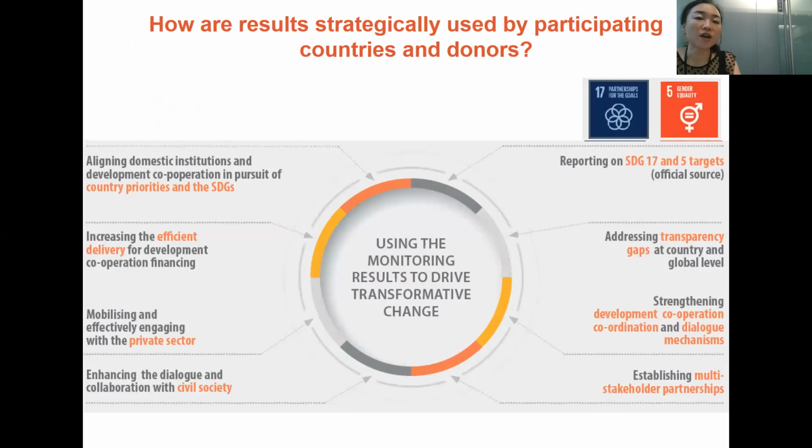Now, just very quickly, in terms of how this monitoring and its results can strategically be used by participating countries and development partners, including civil society organizations and others. First of all, the data and evidence generated from the country-led monitoring process of the global partnership inform the reporting on three SDG indicators currently.